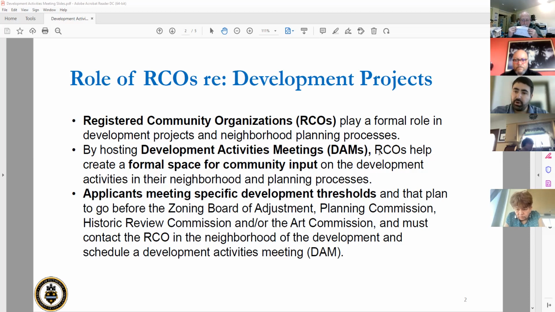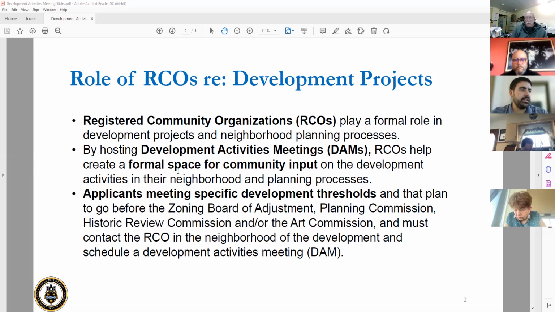Through this program, they work through the Department of City Planning and are directed to Mount Washington CDC, and this is the forum for community members to share comments, concerns, and questions, and to have that conversation. It's an opportunity for the developer and the applicant to get that feedback and to respond and address those questions as they come up.